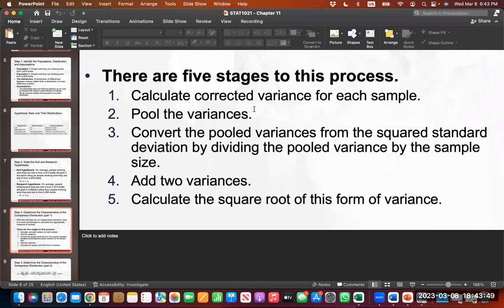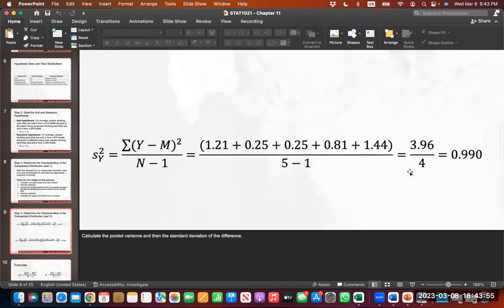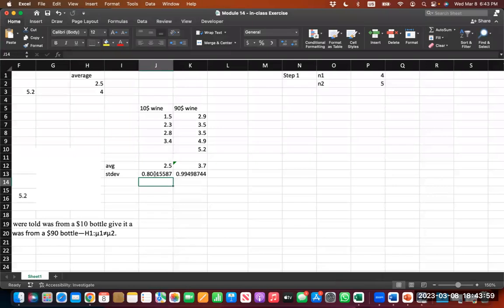Let's go through that step by step. So firstly, we calculate our standard deviation. So we have done that with 0.8 and 0.99. But we want to come back to the variance. So we want to actually square this again